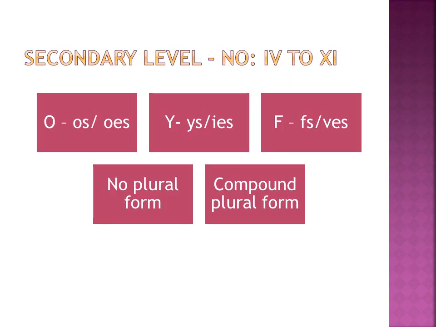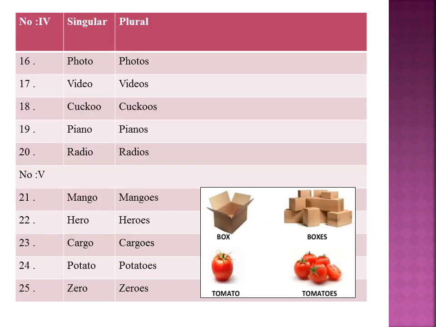Dear children, after learning the first 3 rules, you can now pass on to the secondary level. The students who are in classes 6 to 8 can continue learning up to 11 rules to form plural nouns. Some singular nouns ending in O take only S in their plural form. Here are some examples. There are some exceptional cases. Sometimes we add es to form plural nouns. Come on students, now it's your turn to improve. Refer to a dictionary and select nouns ending with O and learn their plural forms.